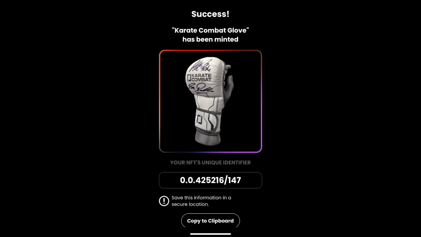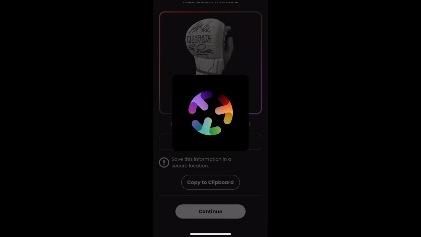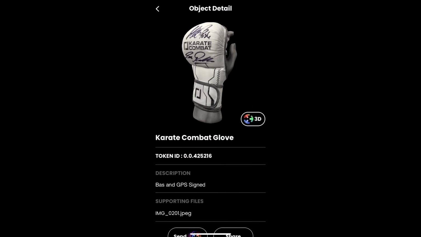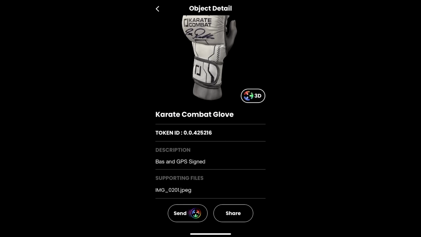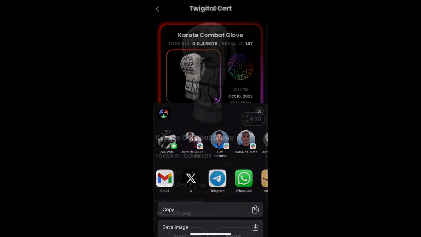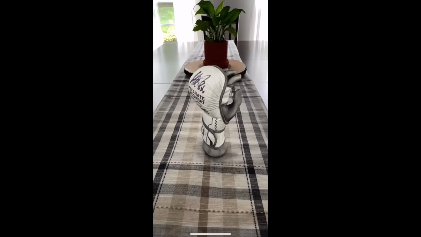The following is a success screen and will include your NFT's unique identifier. Tap Continue and you will be returned to the Home My Objects screen. You can then tap on the thumbnail. From the following screen, you can tap Share to display the Twigital cert and share with friends or on social media. You can also tap the 3D icon to inspect the asset in the object viewer, or even bring the